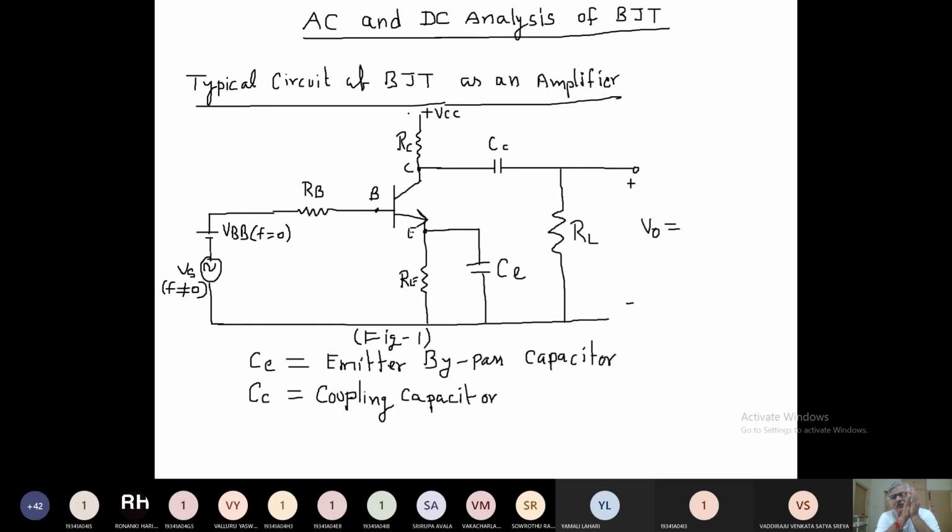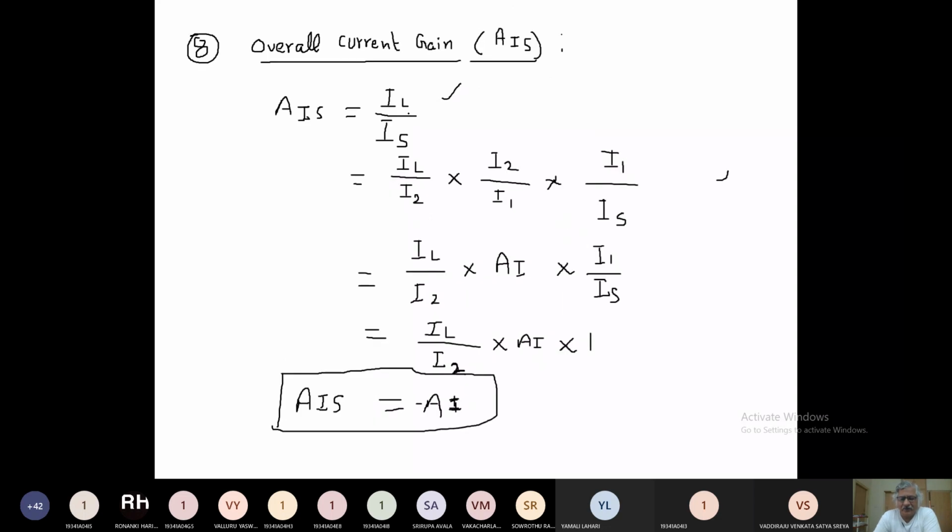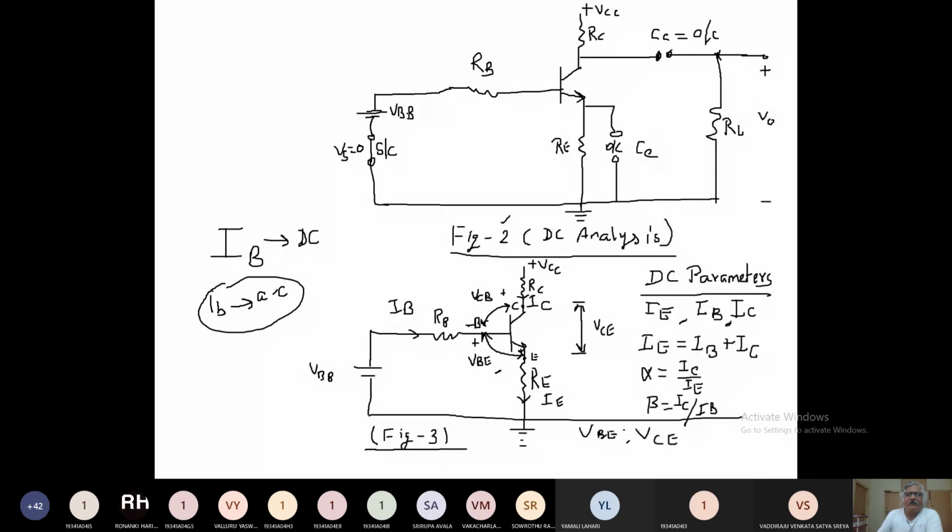So the meaning of 0 here is that you can short these capacitors at low frequency. If your amplifier is working at low frequency, then you can short these capacitors. Just like in DC analysis, what we have done for the capacitors, we made the capacitors an open circuit when we were doing DC analysis, right? Now see here figure 2, CC capacitor open circuit, CE capacitor open circuit. This we have done for the DC analysis because the capacitor is just like an open circuit for a DC signal.